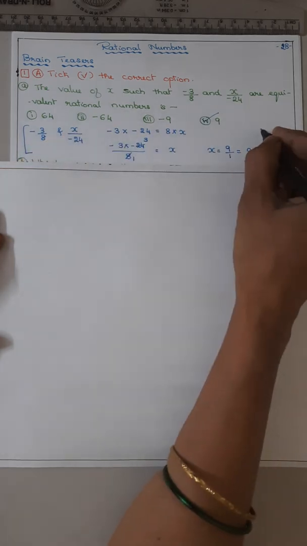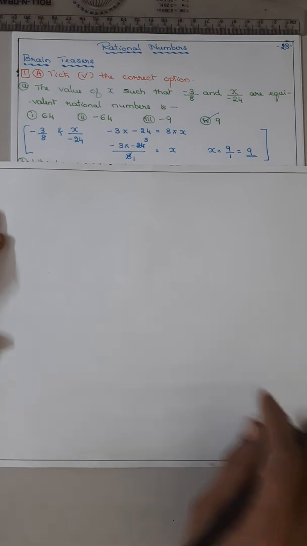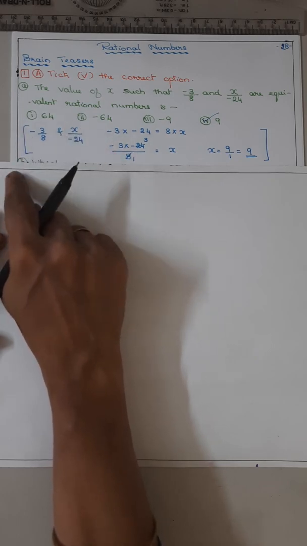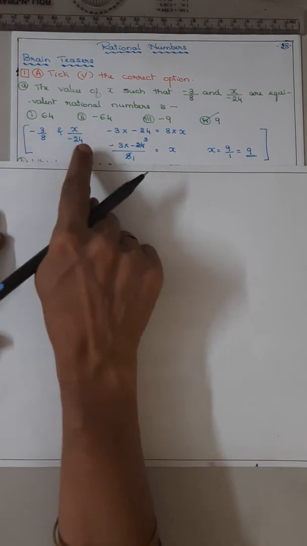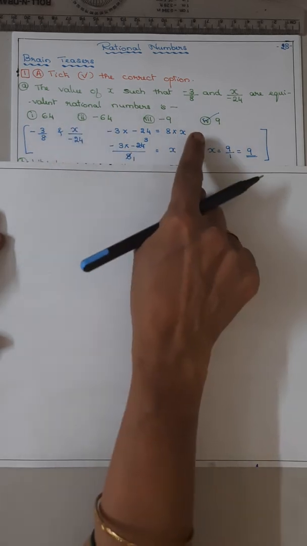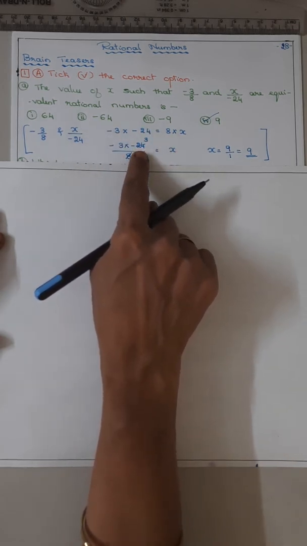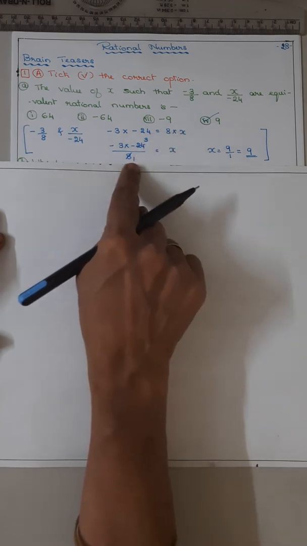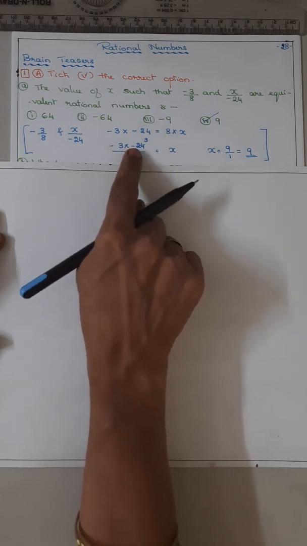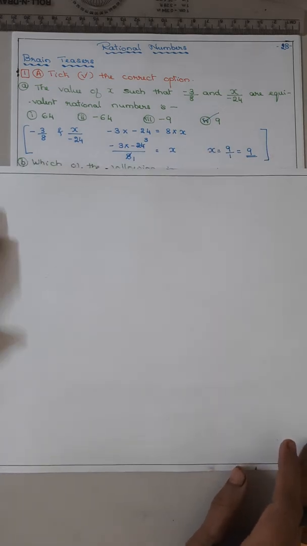So this is the rough work, the solution for that. Okay. So find the value of x. What to do? Cross multiplication, minus 3 into minus 24 is equal to 8 into x. Keep x on the right side, on the left hand side minus 3 into minus 24, and 8 brings it to the denominator. Cancel, 8 ones are 8, 3 eights are 24, minus minus will be plus, 3 3s are 9 by 1, x is equal to 9.